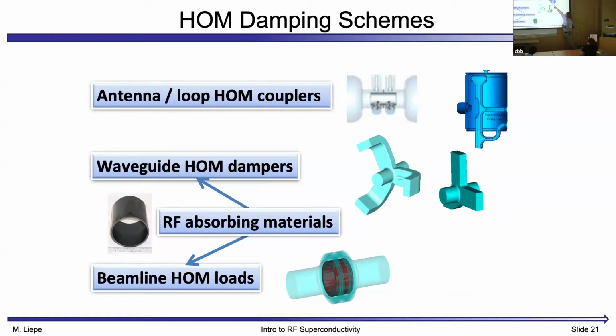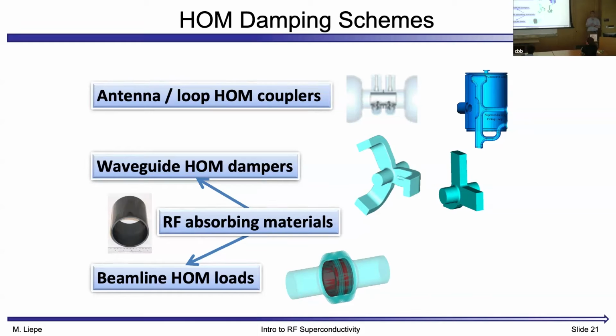So some of these antennas, like shown here, are sitting between cavities, sticking into the beam pipe. They couple to these unwanted modes to suppress them, to reduce the quality factor. You can do the same thing with these waveguides, which again extract power at higher frequencies. You can have absorbing rings, like this one in the beam pipe, which again interacts with these unwanted fields to suppress them. The trick is you have to do all of that